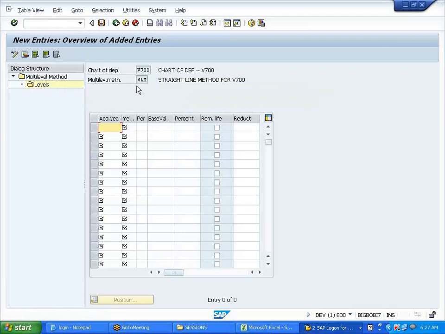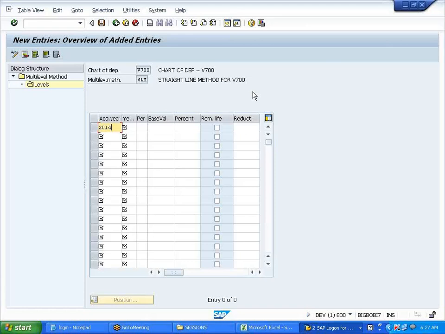Now this SLM should be calculated only for those assets acquired in 2014, or also for assets in 2015, 2016, 2017 going forward? The acquisition year can be anything, or we make it specific if the company purchases assets only in 2014. It depends on the requirement.